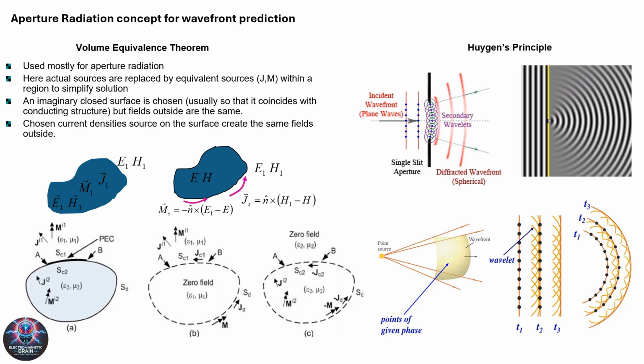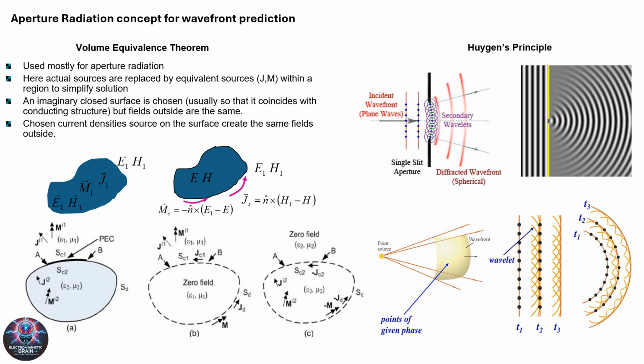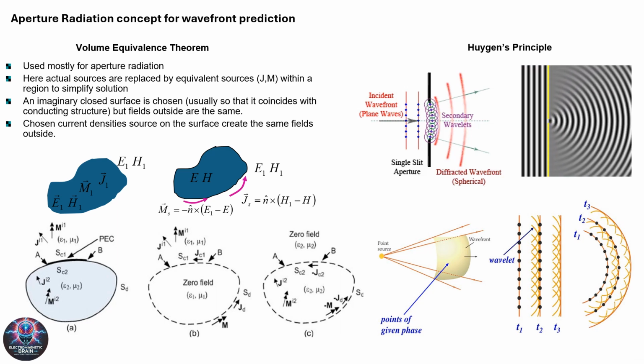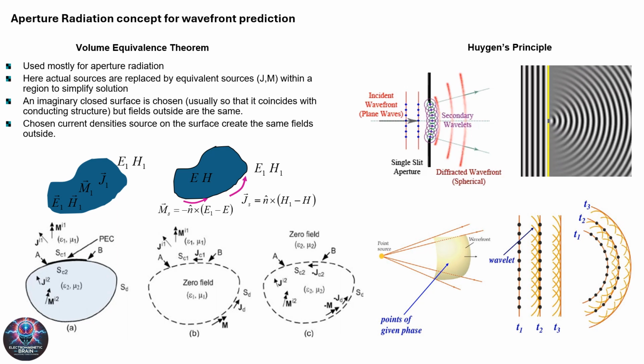This theorem is crucial in understanding how electromagnetic fields can be represented and analyzed using equivalent sources. On this slide, you'll see a series of figures that illustrate the concept. First, in Figure A, we have the generic original problem, which represents the general scenario with a given electromagnetic field distribution. Next, in Figure B, we see the external equivalence, where the original problem is replaced with equivalent sources that